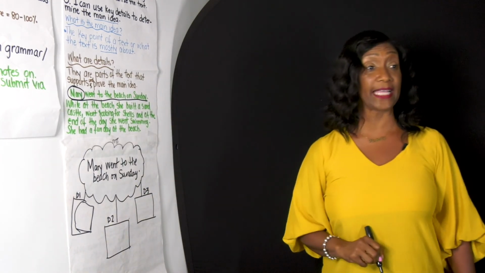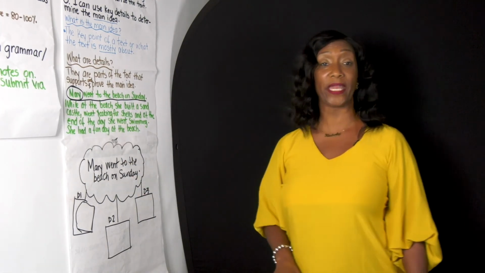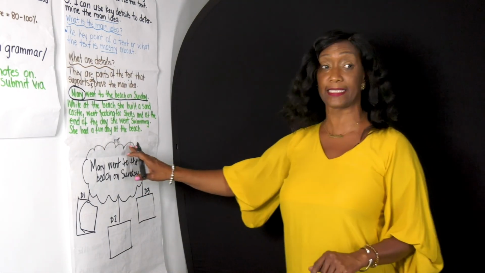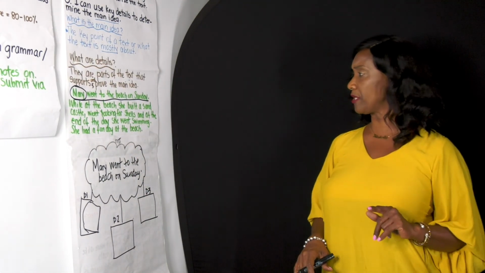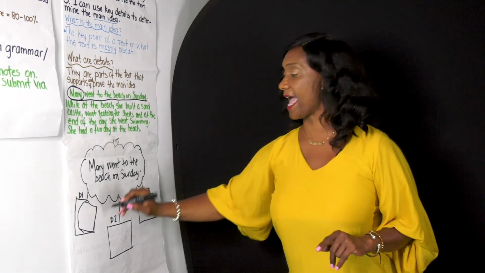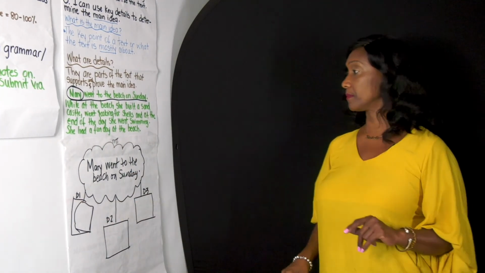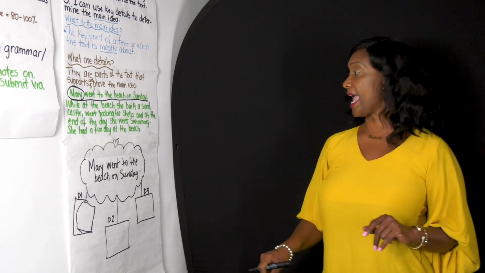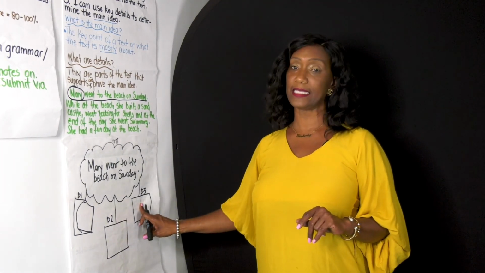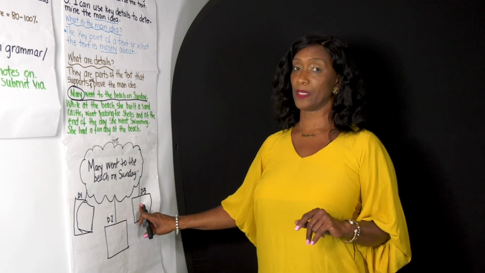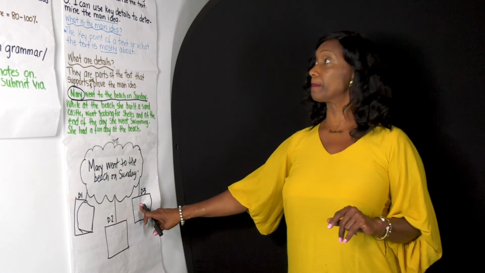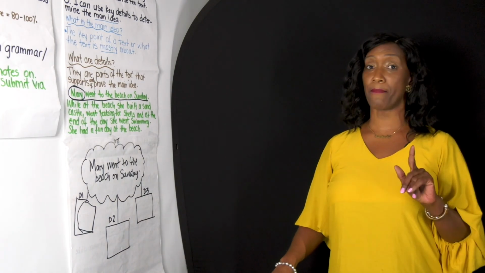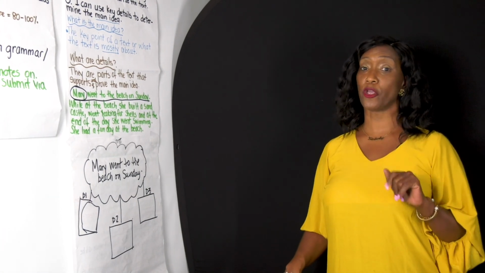So we know that's our main idea. Now these here are the supporting key details. They talk about the main idea, okay? What did Mary do? She built a sandcastle, detail 1. She went looking for shells, detail 2. And she went swimming, detail 3. Okay, boys and girls? Remember, your main idea and your key detail